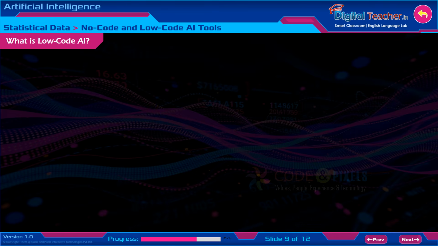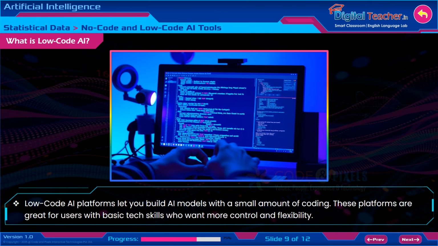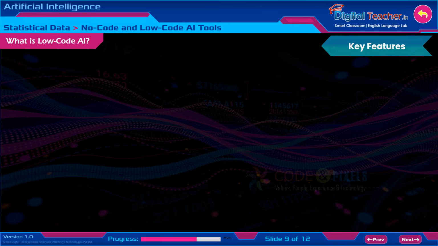What is low-code artificial intelligence? Low-code artificial intelligence platforms let you build artificial intelligence models with a small amount of coding. These platforms are great for users with basic tech skills who want more control and flexibility. Key features: